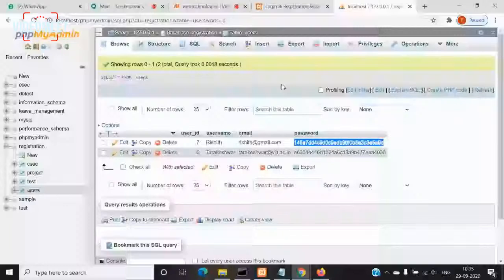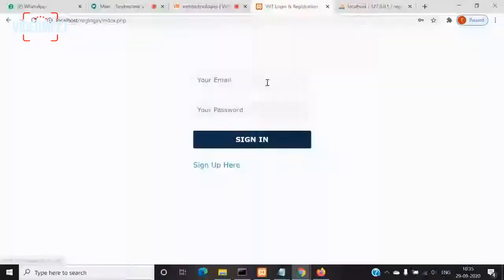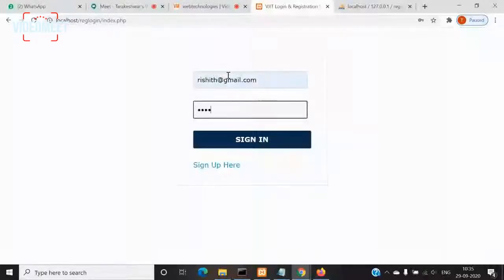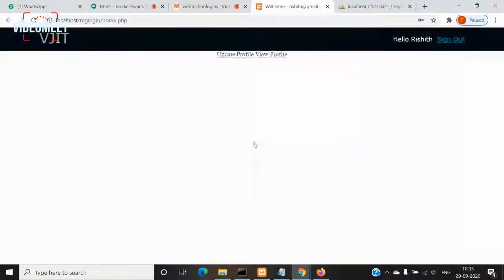Now I'll go to this one. Then Rishit. Now what is the application showing? Hello Rishit. Right. So this is how our application will work. I'll explain the code related to this application coming to the